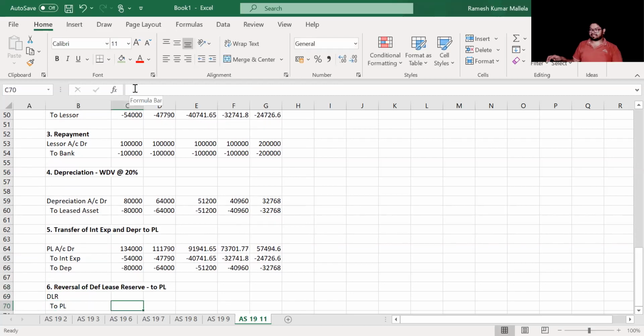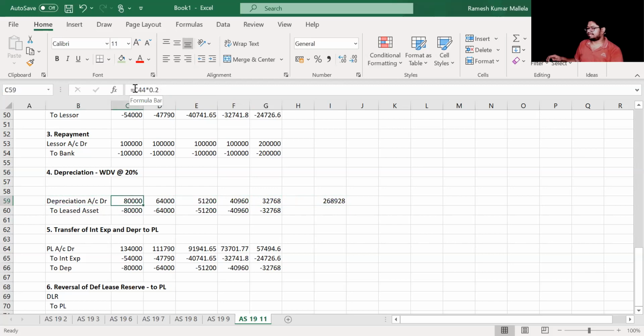Now, what rate would you take? Whatever method of depreciation you have charged, you can take that as the basis. If you observe, I have taken 20% each year, in the ratio of 80,000, 64,000. This is the ratio which I can adopt. So let me calculate that in the same ratio. 2,68,928 is the total of all these depreciation values.